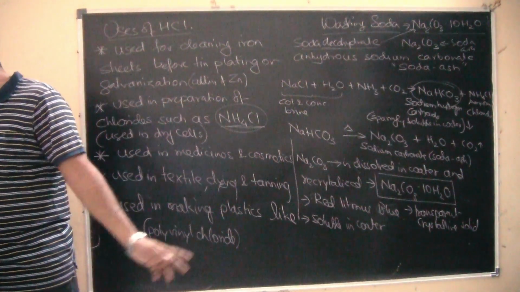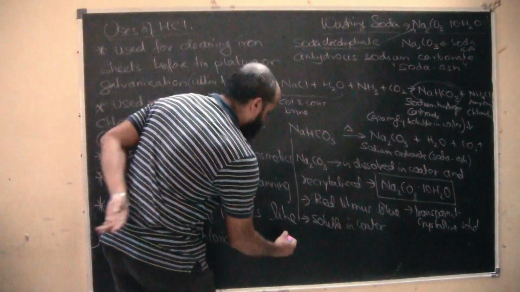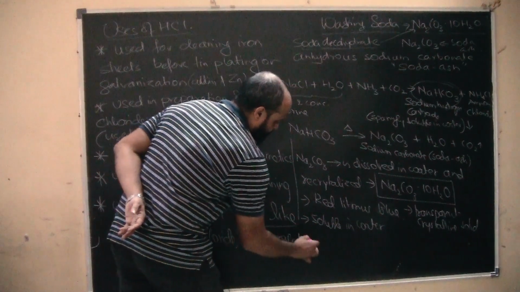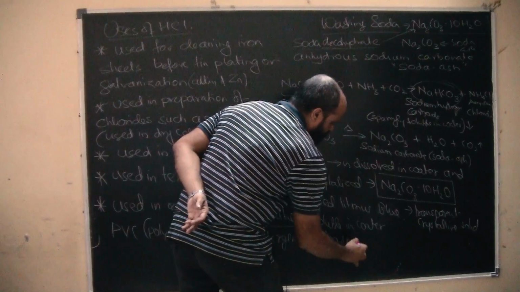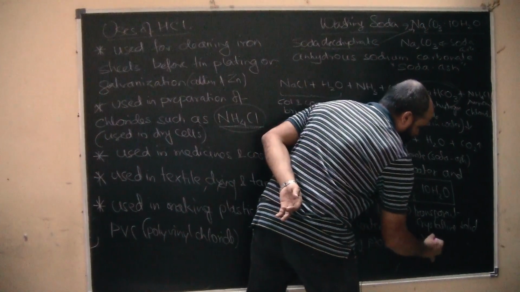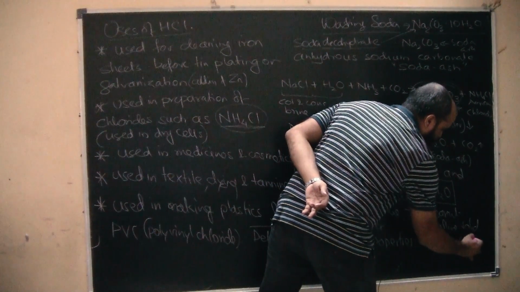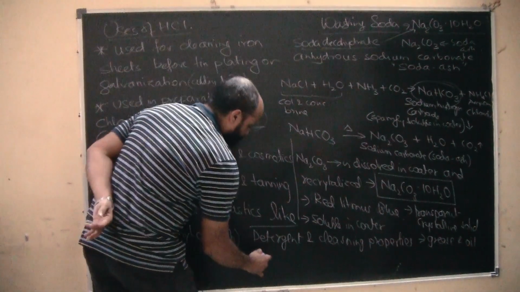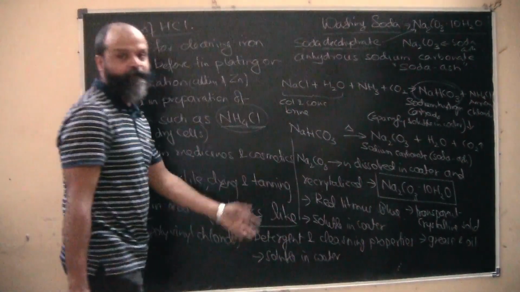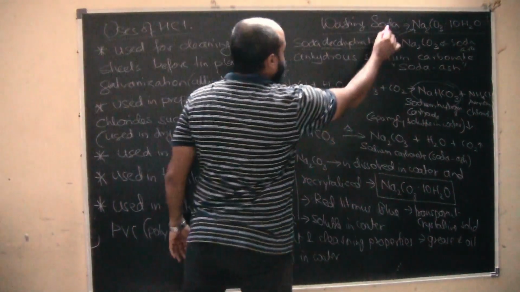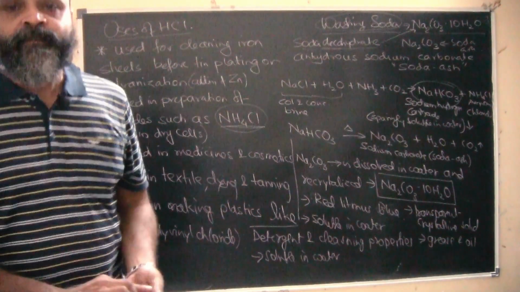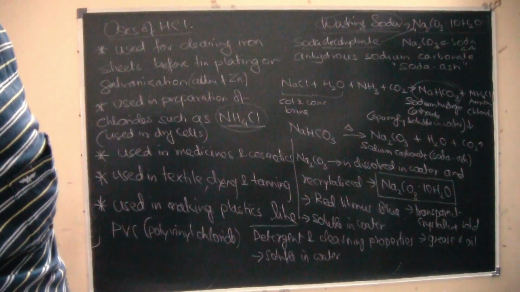Okay, what do we have? Sodium carbonate has got detergent and cleansing properties. It attacks grease and oil in cloths and makes them soluble in water, and that's how the cleansing effect happens. So that's the reason it is also known as washing soda, because of its strong cleansing effect. You can take a snapshot of the same, and we will move on to the next slide now.